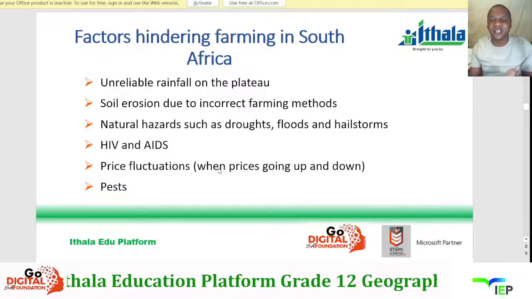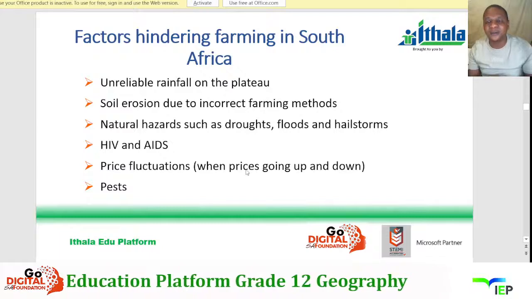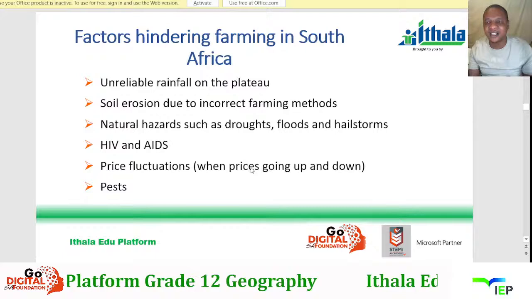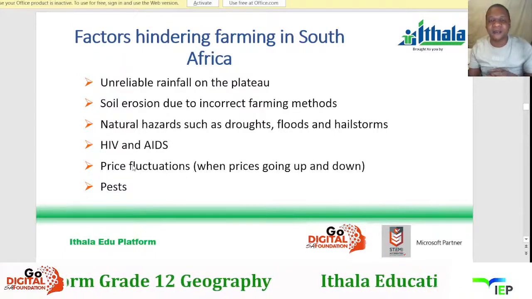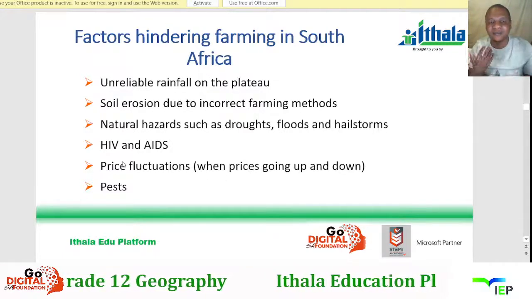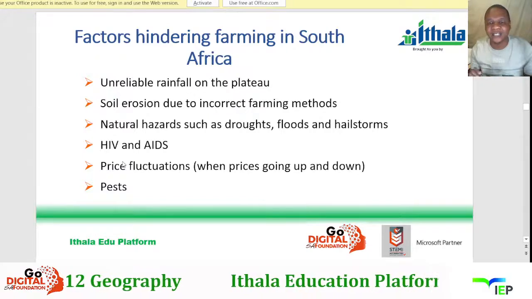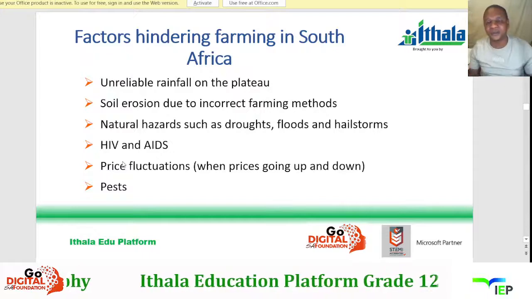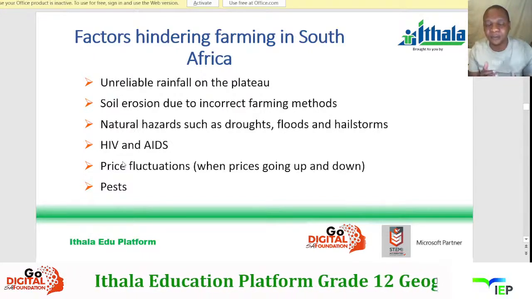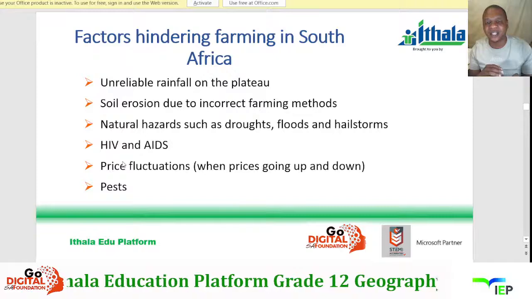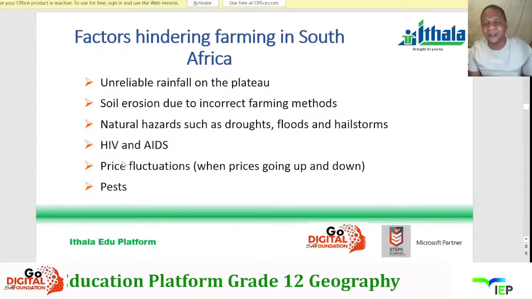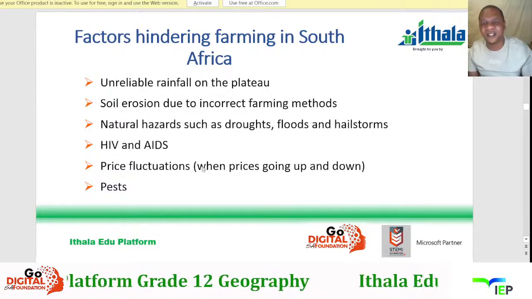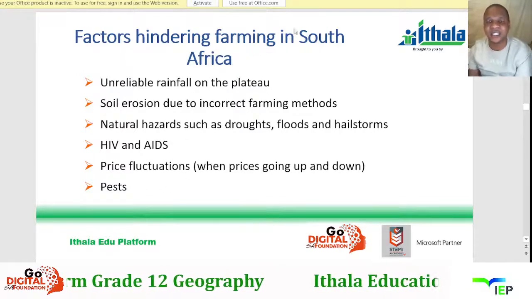So look at the prices of production, that is, what price we buy things at for production, as well as the prices of the product. If the rand is good, that gives us the advantage of saying, you know what, let's do more farming because we're taking advantage of the good situation of the rand. Another factor that is hindering farming in South Africa